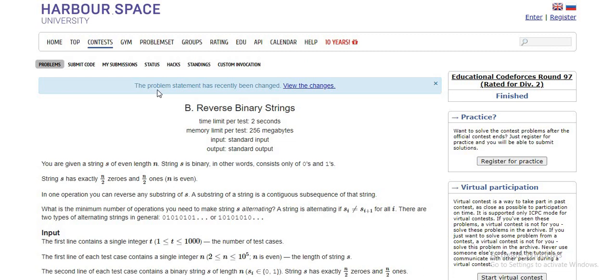So today we are going to discuss problem B, Reverse Binary Strings, from Educational Codeforces Round 97. So what is given in this problem statement? Here we are given a string S of even length n, and it can contain zeros and ones. Their occurrences are equal: if the string length is 8, then n/2, that is 4 zeros, and the remaining 4 are ones,